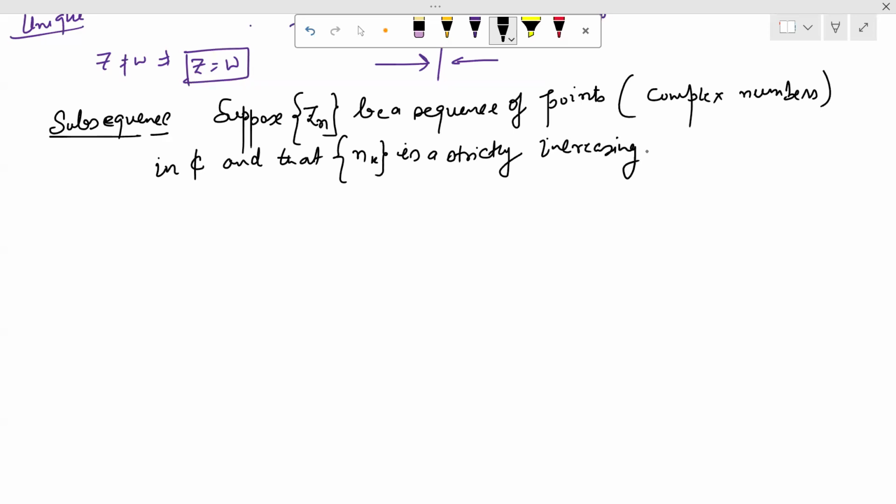I'm not writing complex numbers, please remember, it is an increasing sequence of natural numbers,